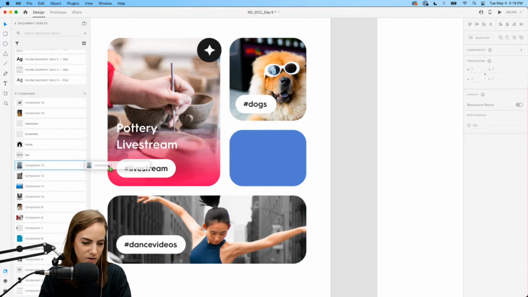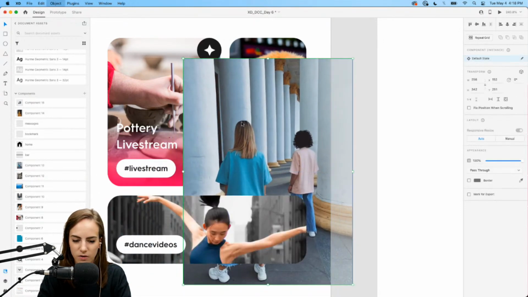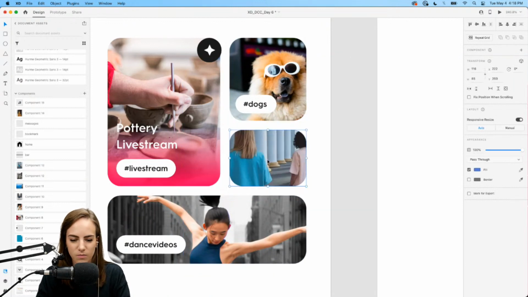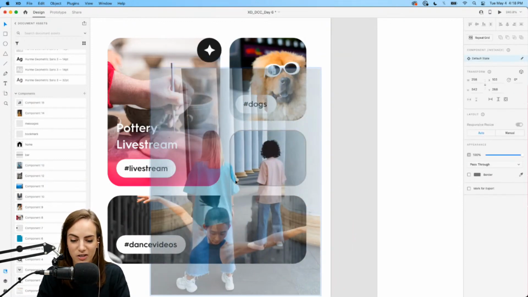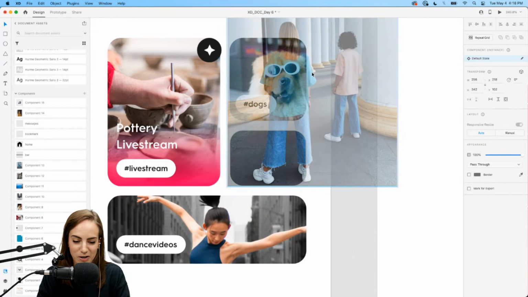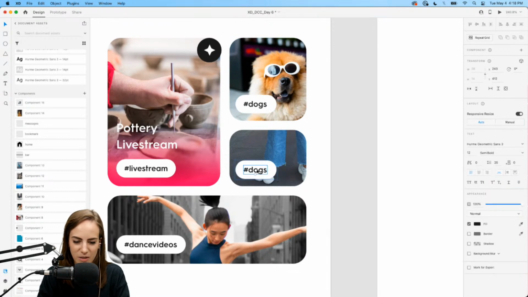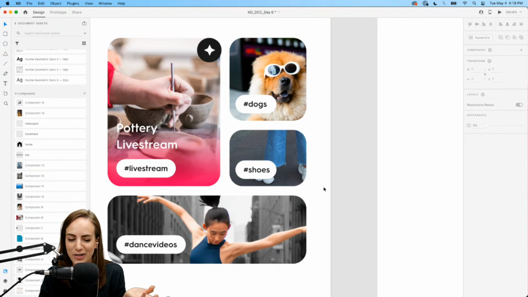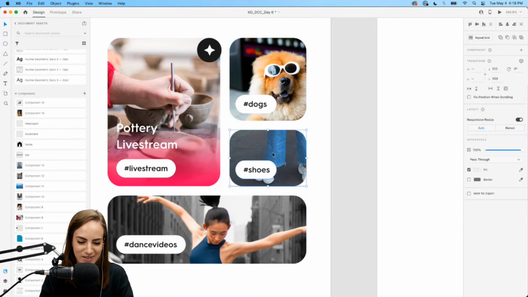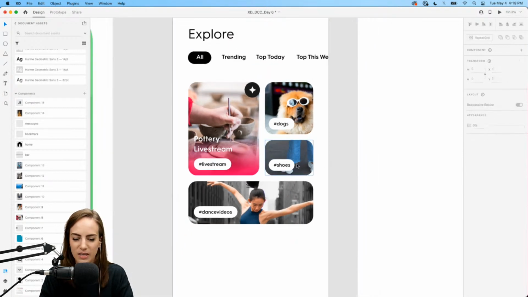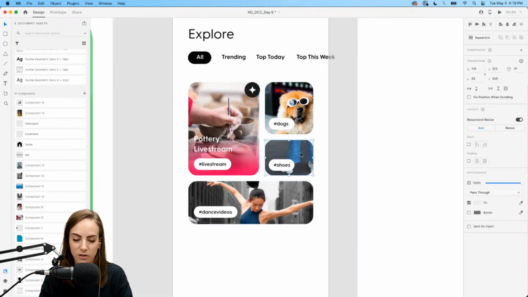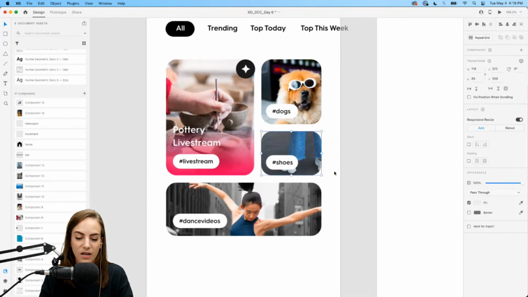And then we need another image for this last mask over here. These images, I'm sorry, they're just so random. I just took some random ones, but there's no real theme among all of these, but that's okay. And this one can be hashtag shoes. Those are the trending hashtags maybe. Shoes, dogs, live stream, and dance videos. Very random. Okay, so now each of these items are grouped together with their hashtag, and what we can do